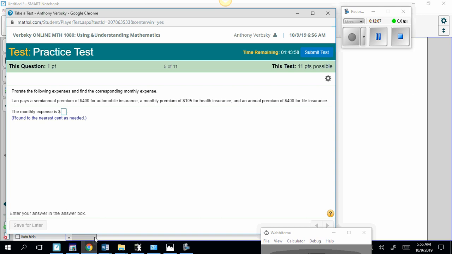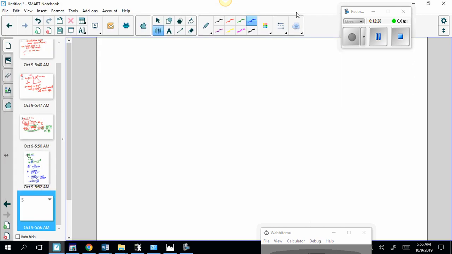Semi-annual premium, $400. So that's $800 per year. We'll go for monthly expenses. So I like converting. I don't like dividing by 6 for semi-annual. I'd rather say it's 800 divided by 12. You got 105 for health, and then you're gonna have to divide that 400 by 12 also. So 800 divided by 12,